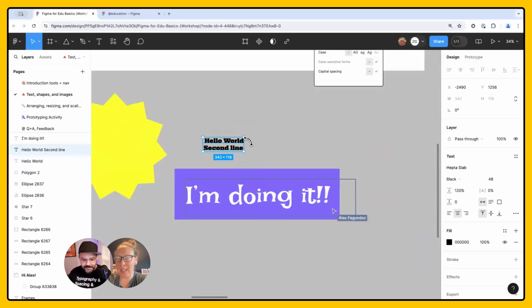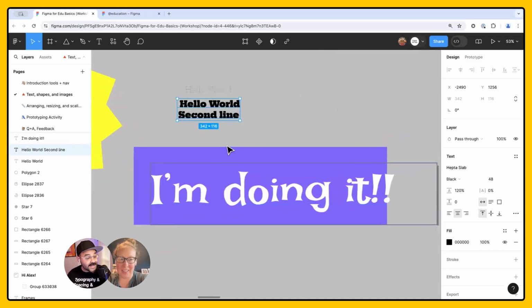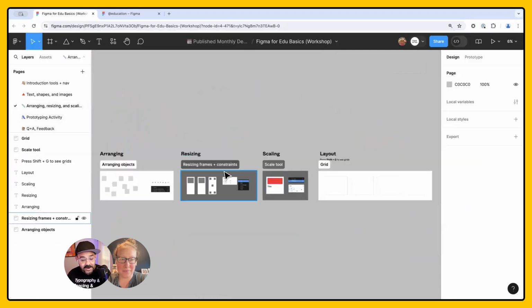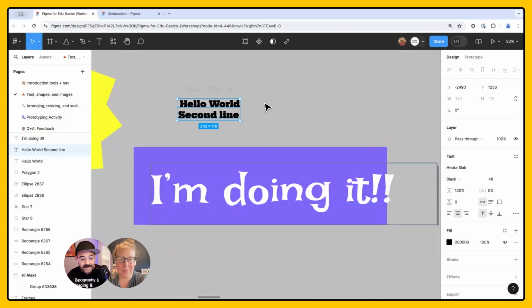Okay, one more question in this section. I wrote out my text, I put it in my box, but now when I expand, oh, okay. So somebody in the chat said to press the K key and that the text would expand as I was expanding the shape. Right. And that's a concept that we're going to talk about a little bit later, where we're talking about resizing versus scaling. Right. So in Figma,